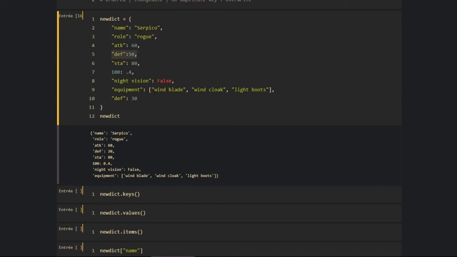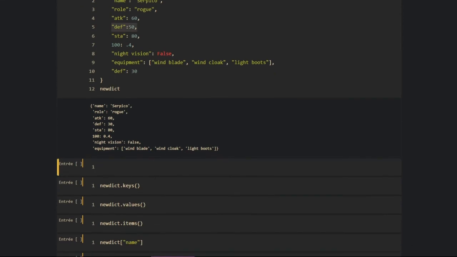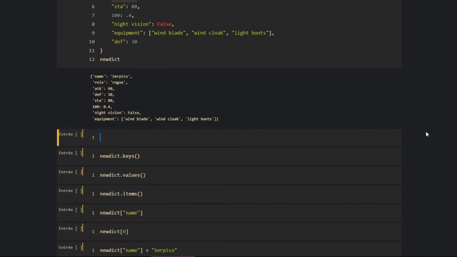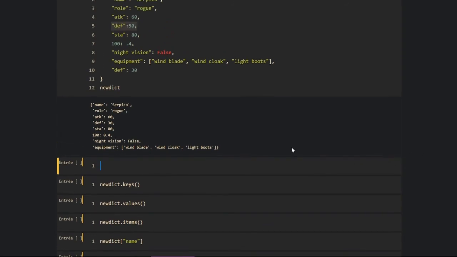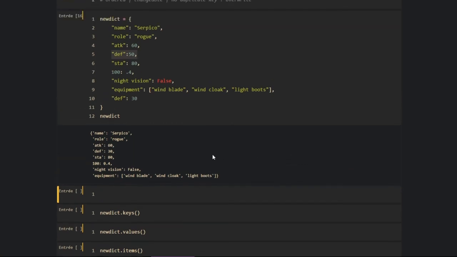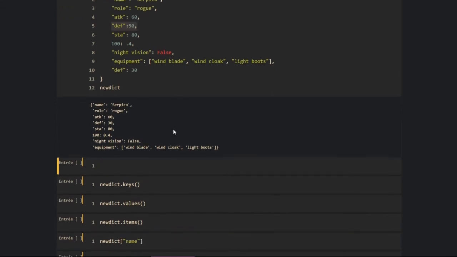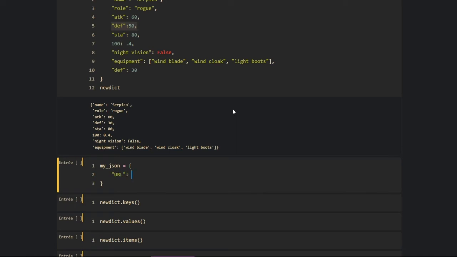And then obviously this creating data structures within data structures is very important, because if you're working, for example, with JSON files that you're going to encounter a lot online, well, usually a JSON file is very similar to a Python dictionary, but you're going to have dictionaries into dictionaries. So you could have something like that, like my JSON is going to be equal to a dictionary, and the first information is going to be like the URL, for example,